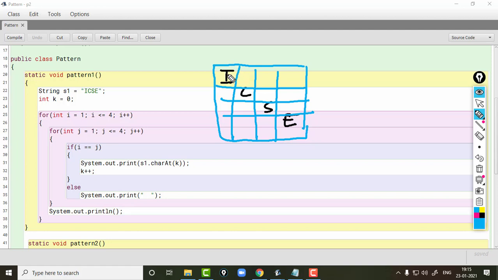When you have divided it into rows and columns, the number of rows will be represented by I.